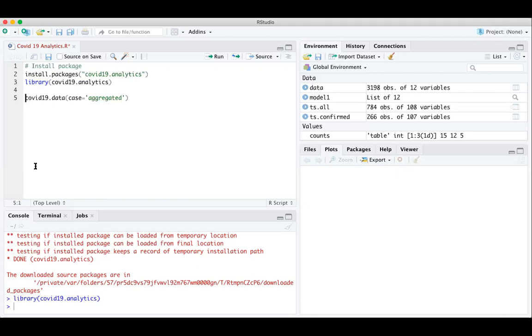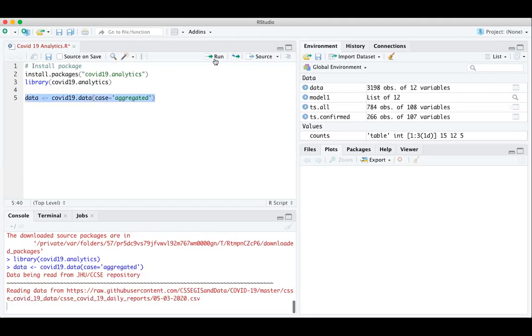Let's store it into one variable, let's say data. Okay, so we have taken the aggregate values into data.